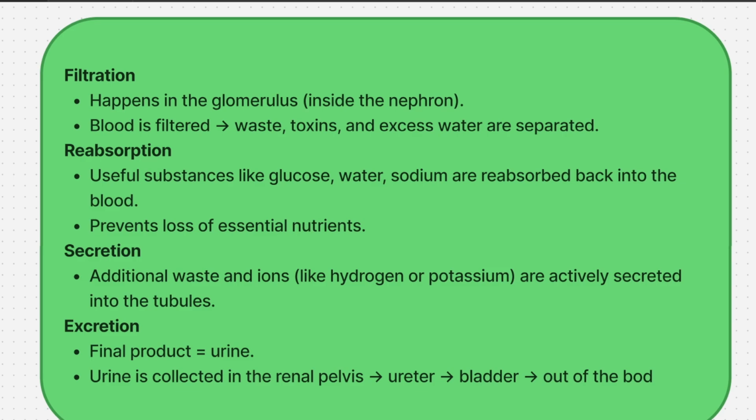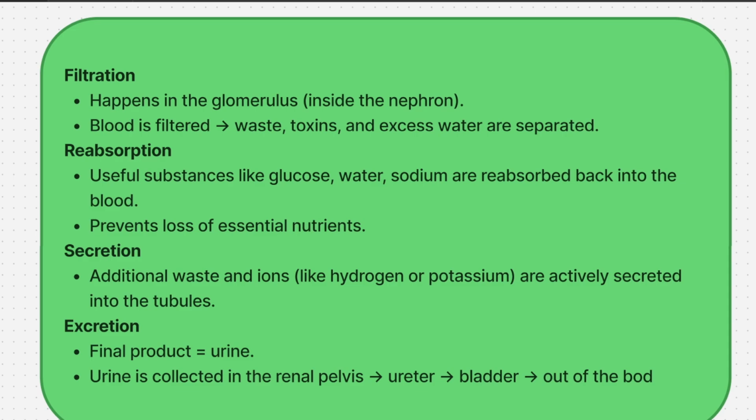Basically, we want to only remove the waste products, the things we don't need and we don't want, but we want to keep the other stuff, like glucose, water to a certain degree depending on the fluid volume, electrolytes, everything. So a lot of things get filtered out, and we need them back. The way we get them back into the blood, away from the kidneys, is through reabsorption. Useful substances like glucose, water, and sodium are reabsorbed back into the blood,